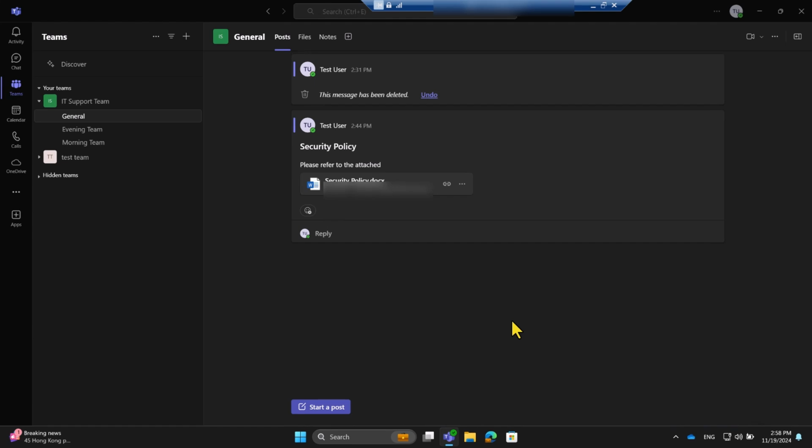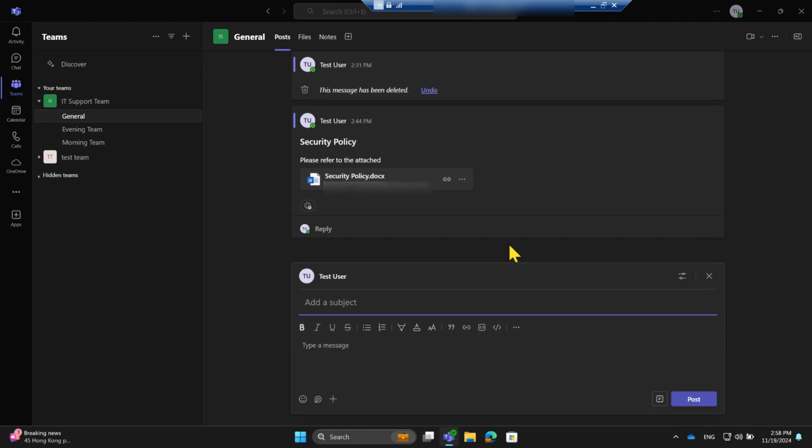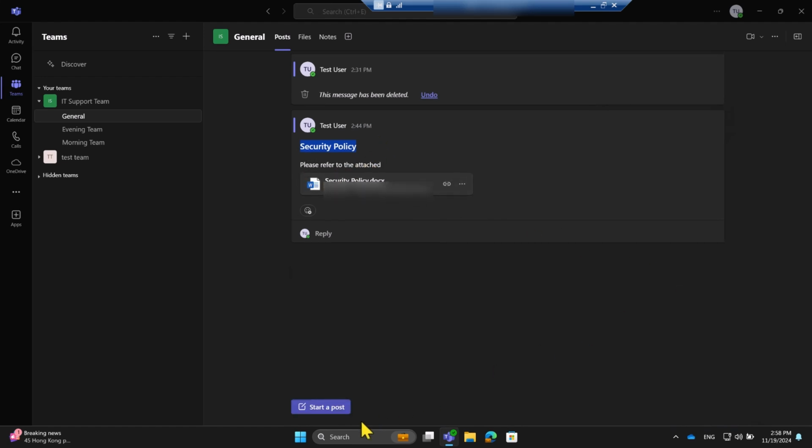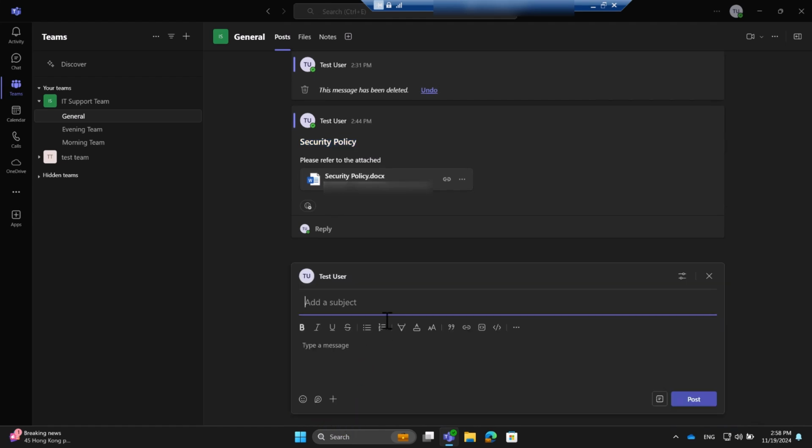Let's talk about a few useful features of Microsoft Teams channels. Now when it comes to collaboration, you can simply create a post and share information with your team. As you can see, I've created a sample security policy and I've shared it with my team. What you can do is, in order to create a post, you can simply click on start a post,